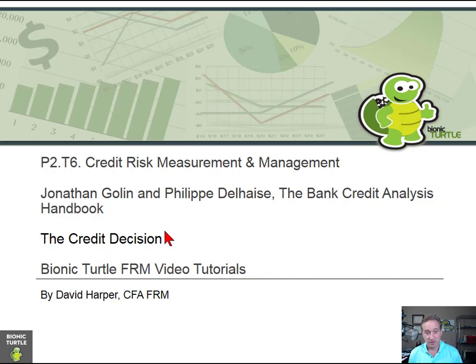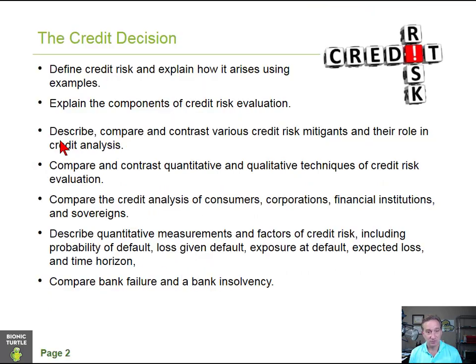And so the first reading in Topic 6 is the first chapter of this book. It's the credit decision. It's called the credit decision. And then we have a fairly long list of learning objectives; they're all qualitative or conceptual, you'll notice. It's concerned basically with definition of some basic terms,